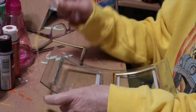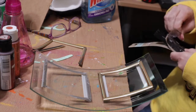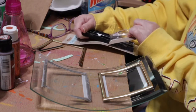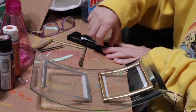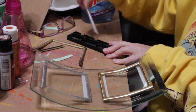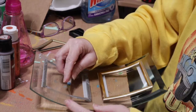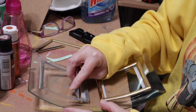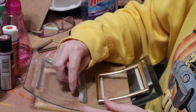And if you can't, you can definitely use a razor blade. And I found these in some of my stash that I hadn't used. And I'm pretty sure I got this at Tuesday Morning at some point. Okay. And then I'm going to get my little razor blade holder out here. Then I'm going to get one of the razor blades out carefully. And then I'm going to take the razor blade and just work it under and across. It's still going to leave a glue residue, which if the Windex won't get this off, we will go out and use